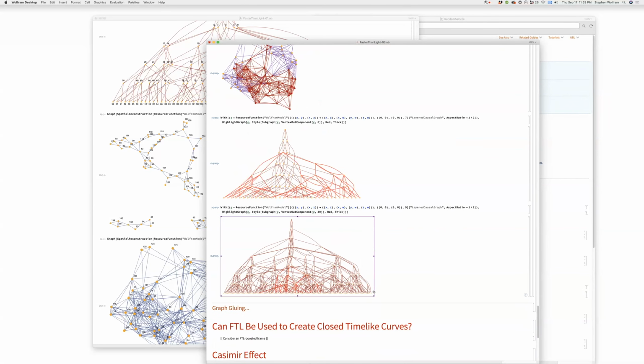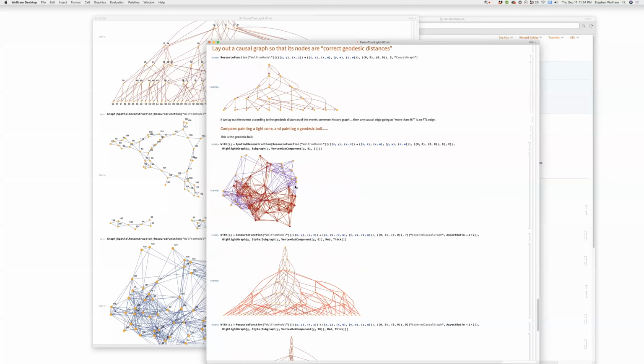Okay, so now that's to be compared with the successive areas of geodesic balls here, right? Yeah. And, you know, most likely that edge is going to jump outside the geodesic ball. Well, it's not obvious to me. Okay, so let's paint the geodesic balls. So what are the geodesic balls? So the geodesic balls are the spatial reconstruction graph